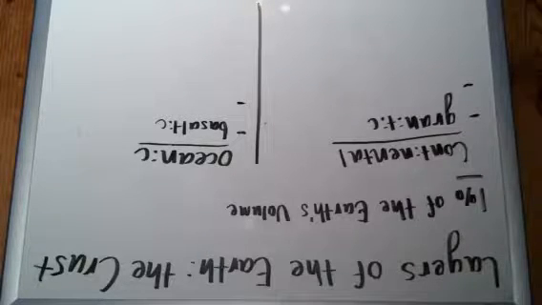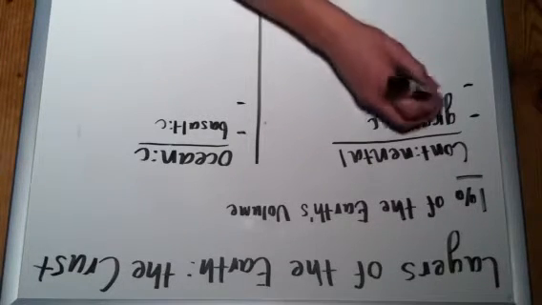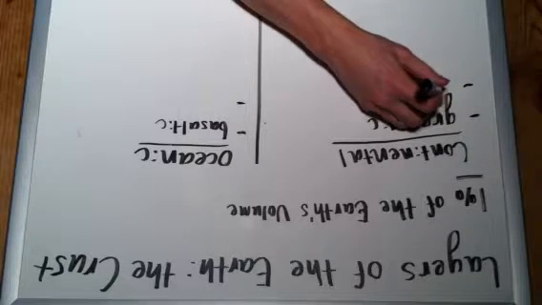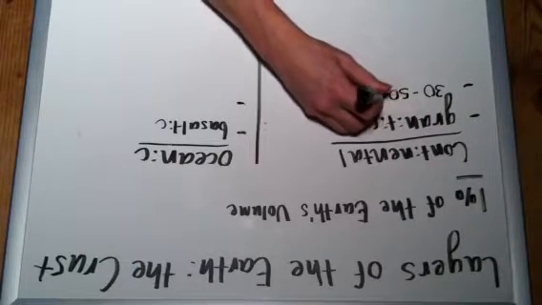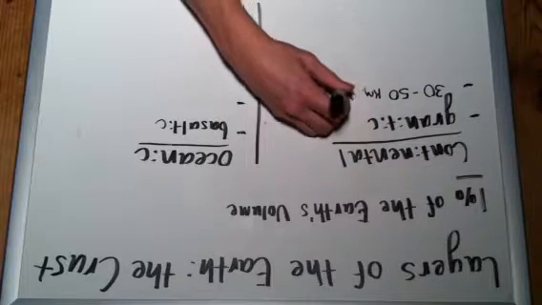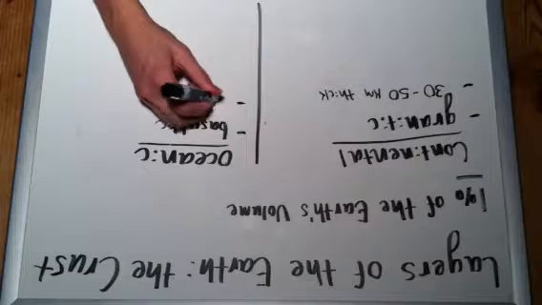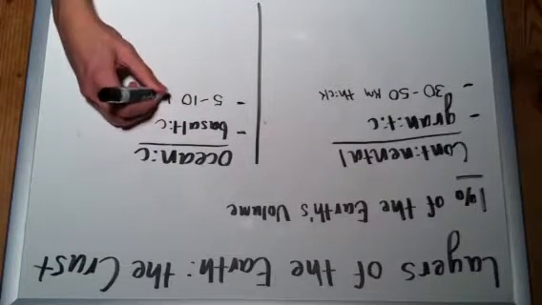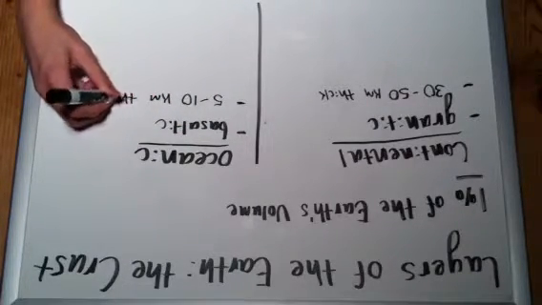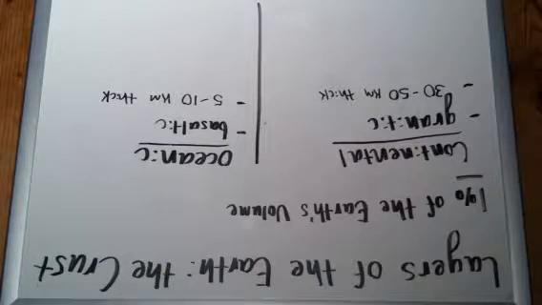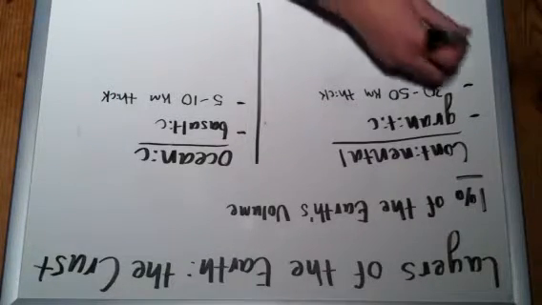Continental crust is usually thicker than oceanic crust. Although crust in general is incredibly thin and a very small piece of the Earth's volume, continental crust is usually between roughly 30 through 50 kilometers thick. Some sources may tell you it's more between 35 and 45. Doesn't really matter too much. 30 through 50 is a good amount, I think. While oceanic crust is usually only 5 through 10 kilometers thick. So continental crust is thicker, and